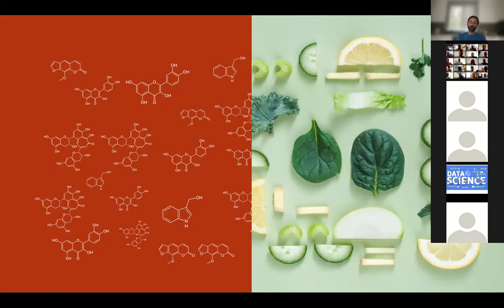colleagues at Imperial College from the Faculty of Medicine, where we try to take these ideas of drug repositioning and repurposing to the domain of food. And when you think of food ingredients, especially from the plant kingdom, they contain a lot of molecules that look like drugs. And it's not surprising that many drugs were discovered first in the plant kingdom, and this is also encoded in their historical names. So if you take, I don't know, something as trivial as aspirin, the chemical name is acetylsalicylic acid, and salicyl comes from the Latin name of the willow tree,